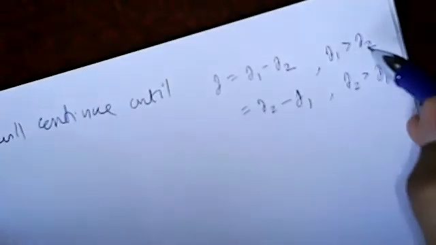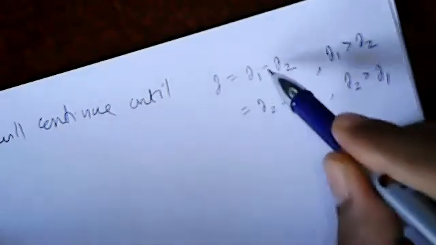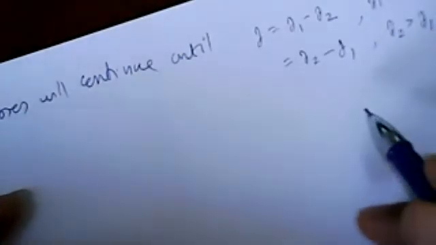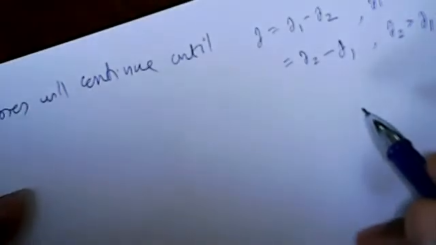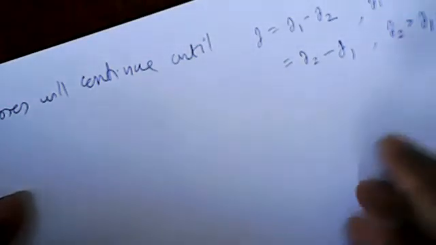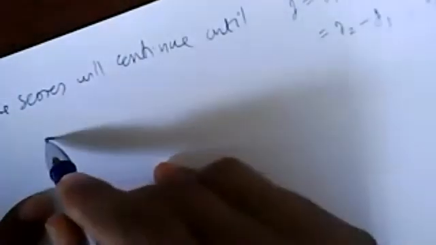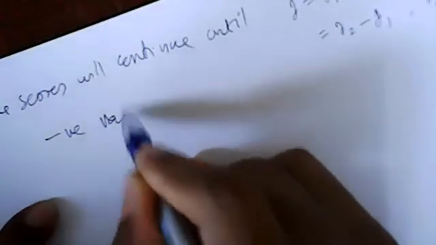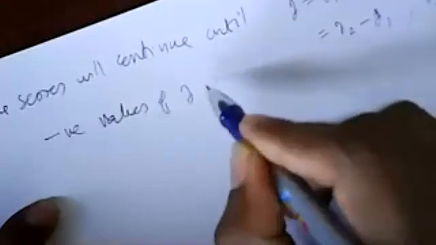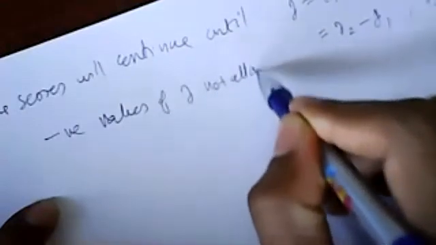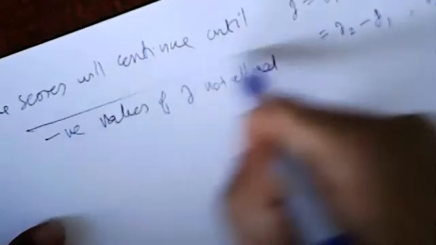Okay. So if J1 greater than J2, then it is J1 minus J2, then it will be positive. If J2 is greater, then it is J2 minus J1. So we can write, better we write modulus J1 minus J2. That is the best option. Okay. So negative values of J not allowed. I will write here negative values of J not allowed. That is one thing you have to take care. J cannot be negative, never.